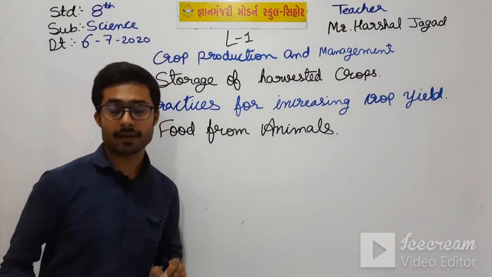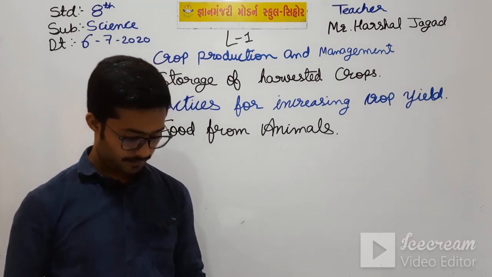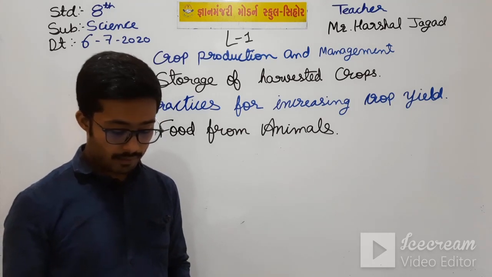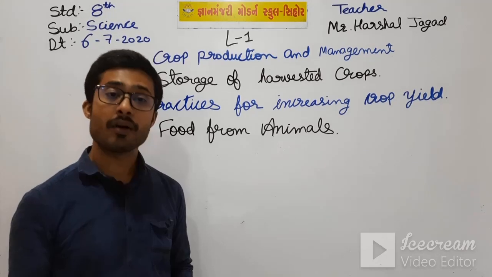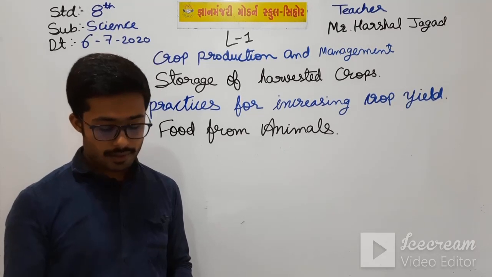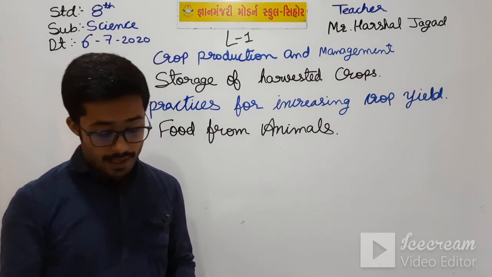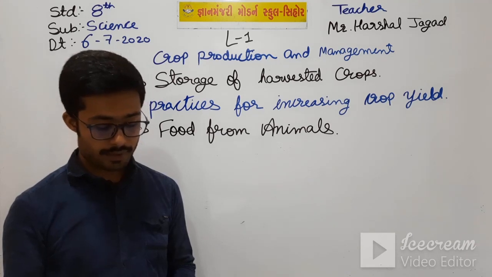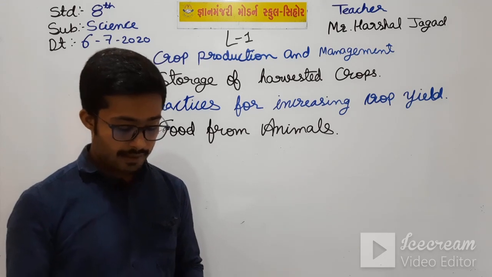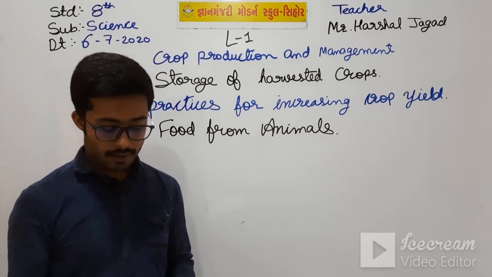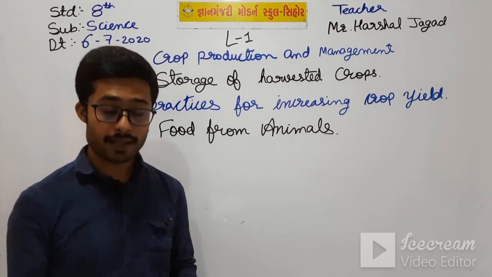Let me read the textual content. Animals also give us many foods. We get milk, eggs, meat, honey, etc. from animals. We also rear animals on a large scale for food. Rearing animals on a large scale for food and other needs is called animal husbandry. We get honey from bees. Rearing of bees on a large scale is done at a special place called an apiary.